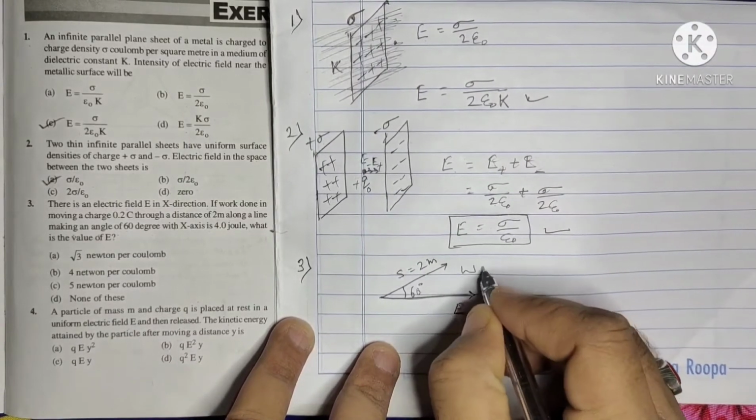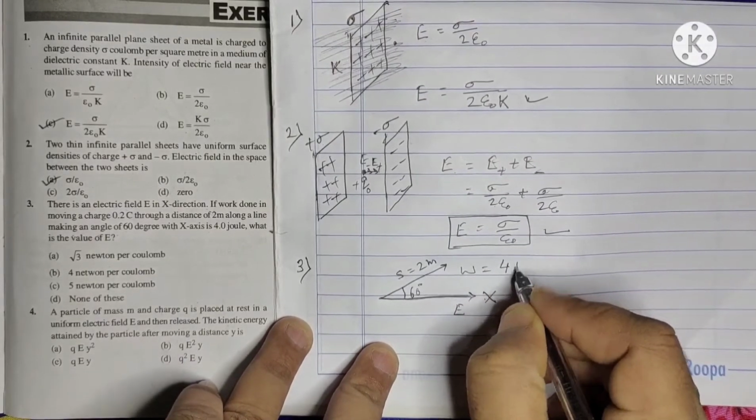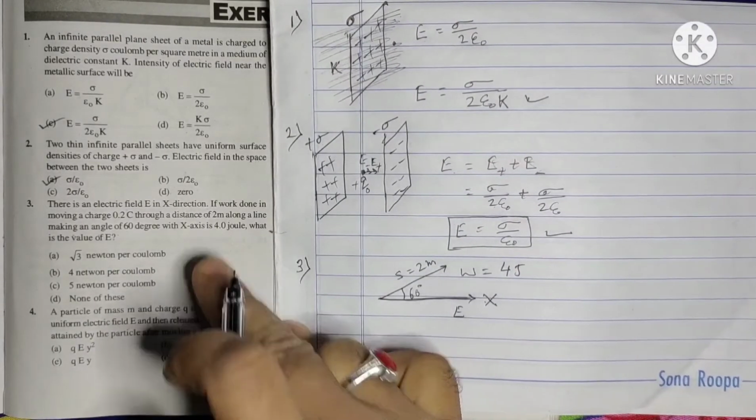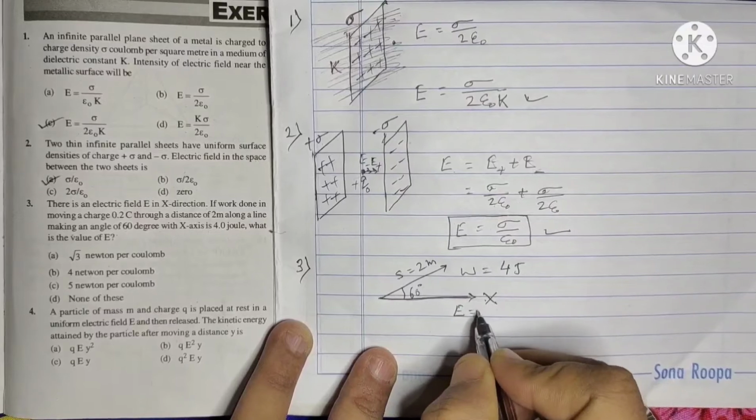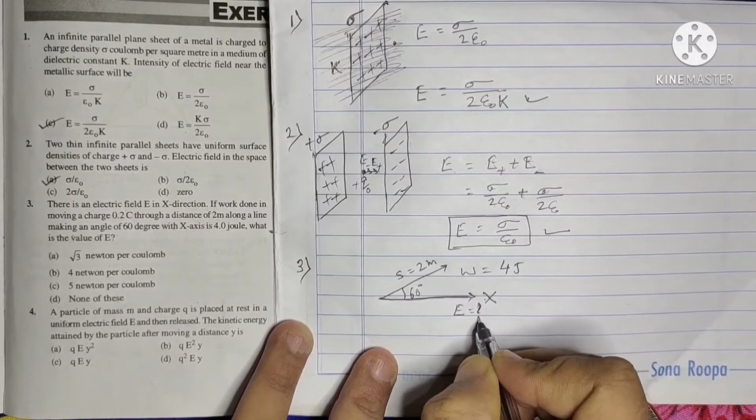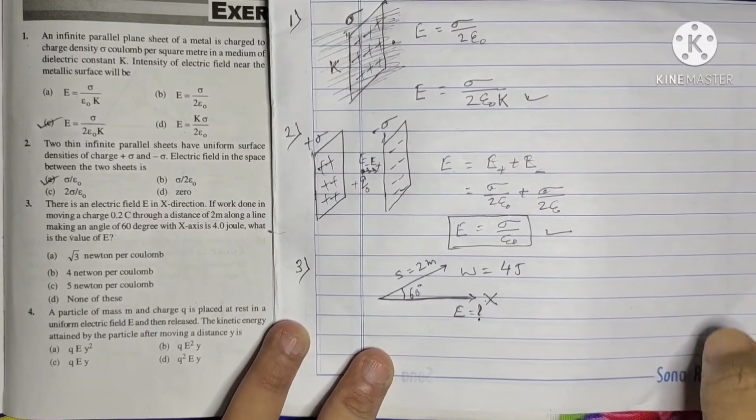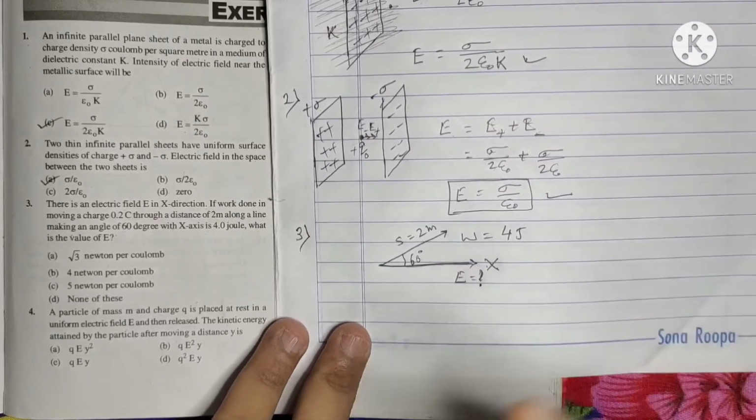The work done in this case is given as 4 joule. Now he is asking what is the electric field value? What is the value of this electric field? This is the question mark. So from this it is very clear that, as we know,